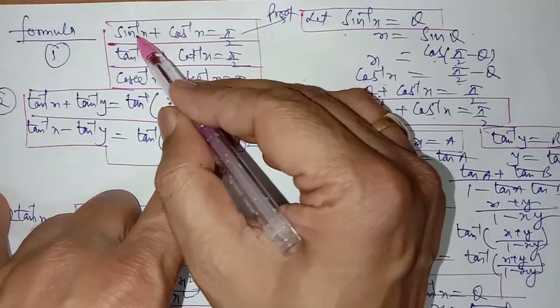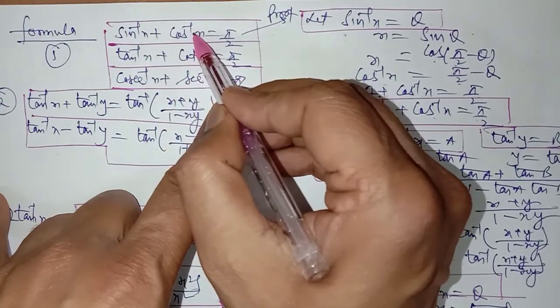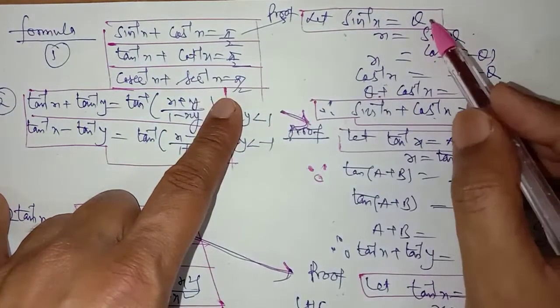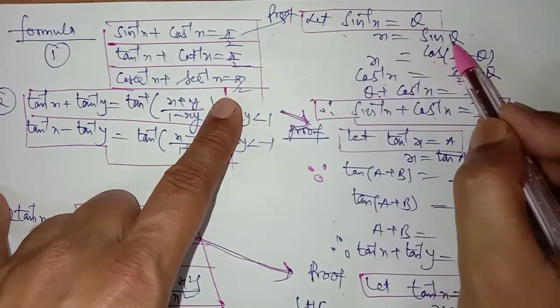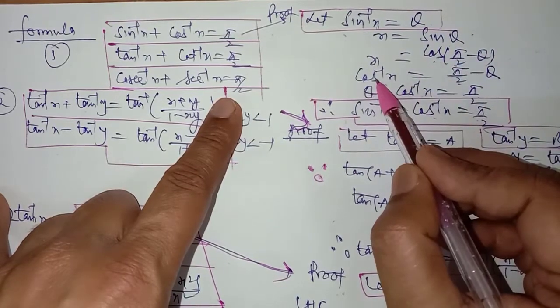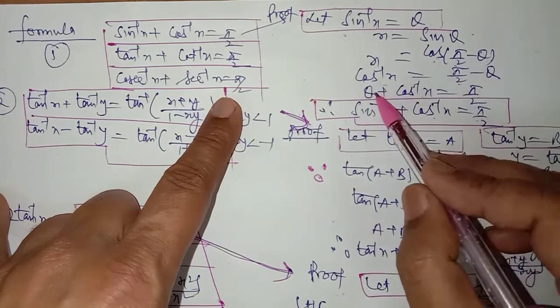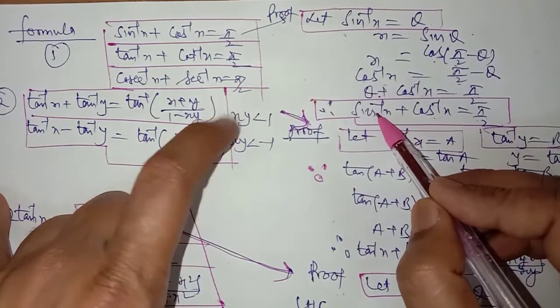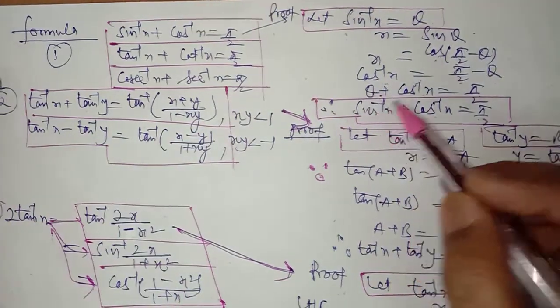To prove it, let this equal to theta. So I have taken sine inverse x is equal to theta. So x is sine theta, convert sine theta to cos theta. Take cos to the left hand side, it will become cos inverse x. Take theta to the left hand side and replace the value of theta, which is equal to sine inverse x.